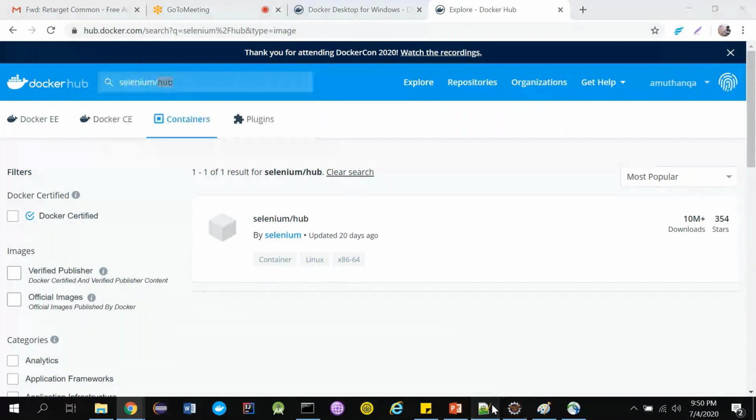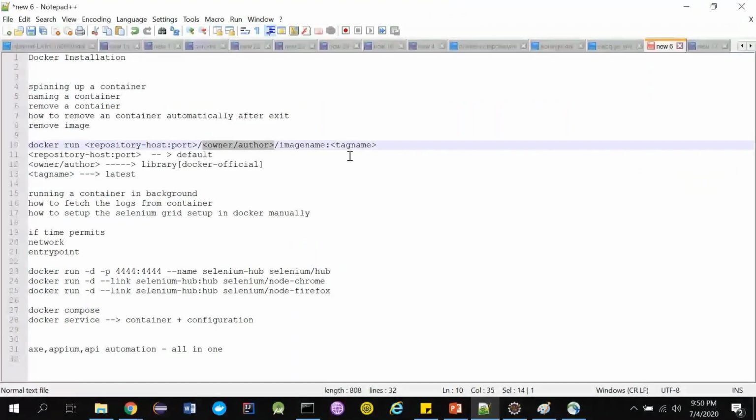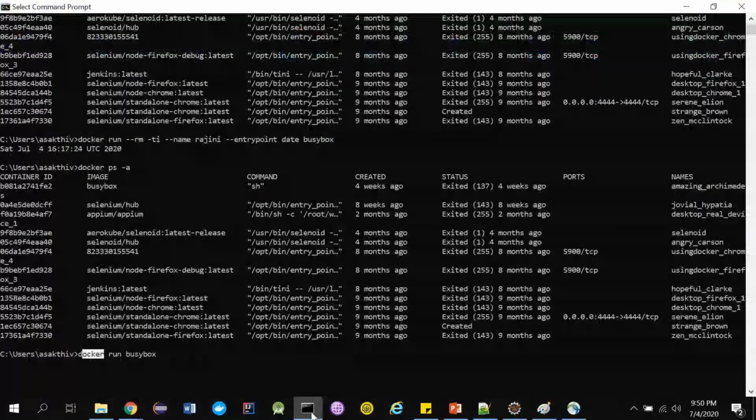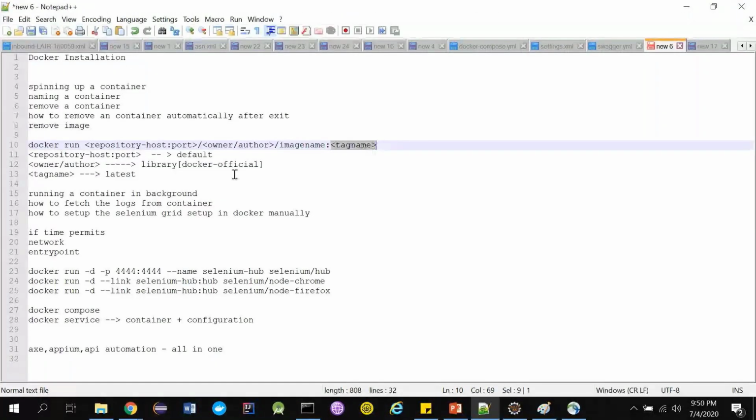And the image name is not optional, so whenever we are typing our command, we are telling the image name properly. And the tag name, if you're not giving it, it will take the latest tag. Again, it doesn't mean that it's the latest version. It's just another string value. It can be an older version as well.